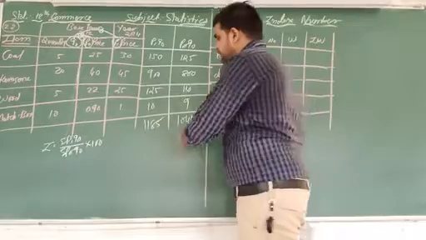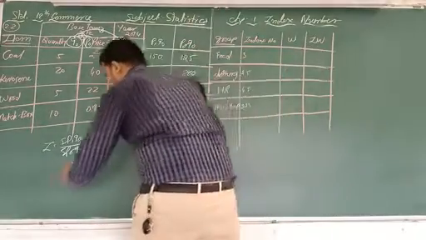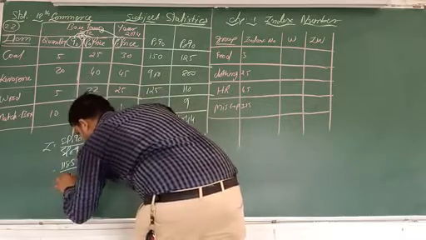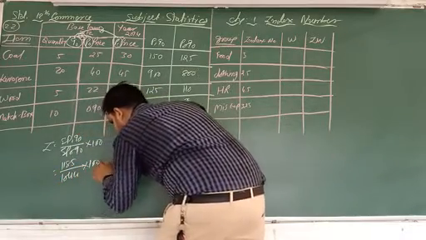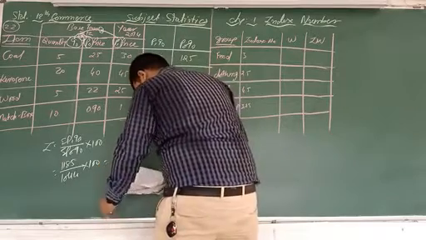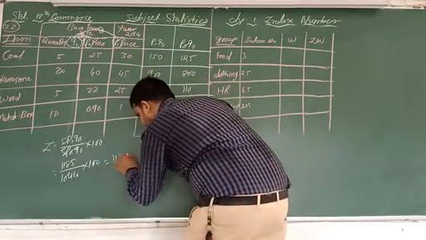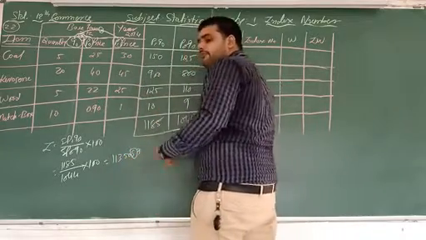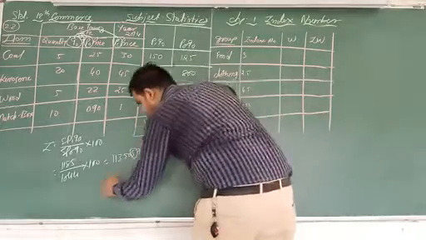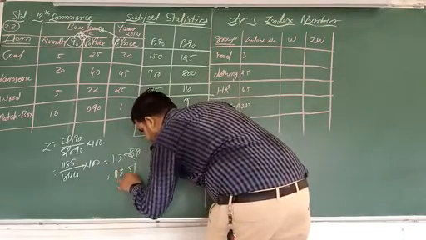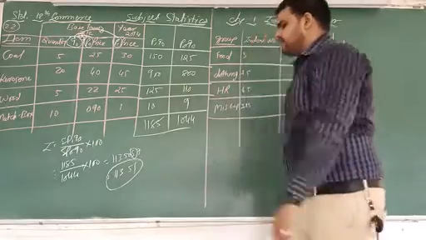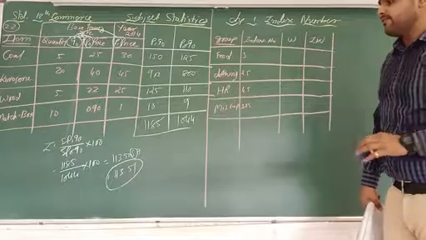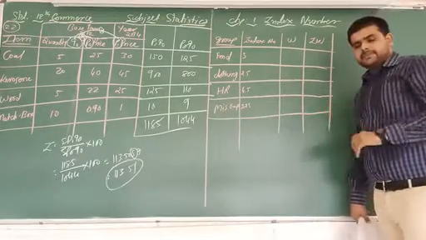Now both values we have to put down in our formula: 1185 divided by 1044 into 100. Again we have to find out, that is 113.5057. The third decimal is 5 or more than 5, so we have to convert it to 113.51. This is the answer of the index number with the use of the total expenditure method.